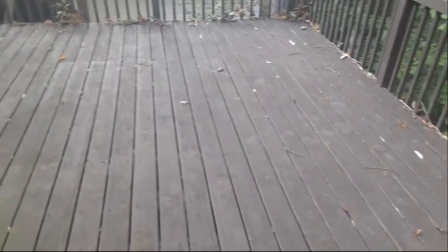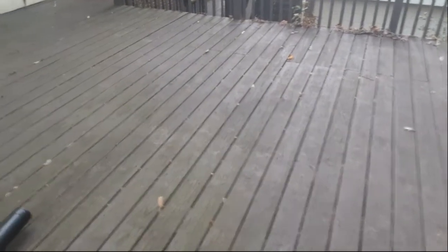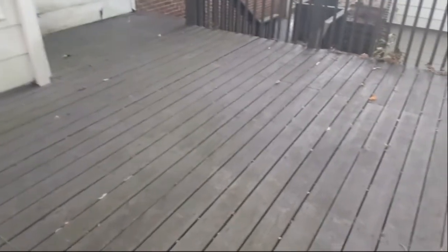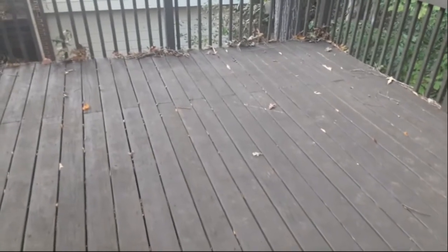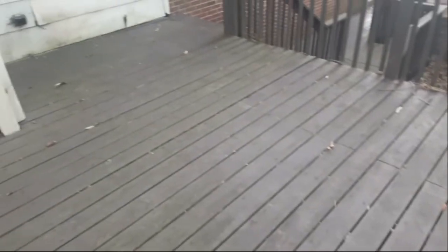Got a little bit of light work done on the deck with these twigs and leaves, and I will be using this blower quite a bit as it approaches winter. Did a pretty good job. So let's show you every component, every area, every